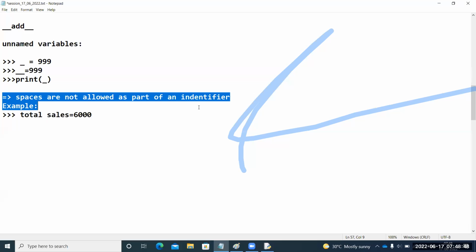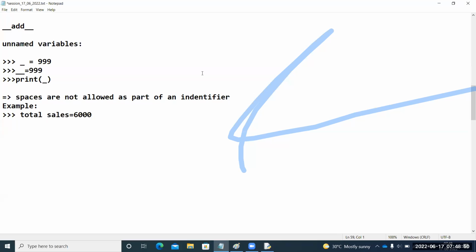Because it's not allowed. You know what happens internally in the Python interpreter when a space is encountered? Immediately it generates a token. Space is a token separator for the Python interpreter. You want to take it as a single identifier, but if you use a space, it treats total as a different token and sales as a different token. That's why spaces are not allowed in any programming language, guys.